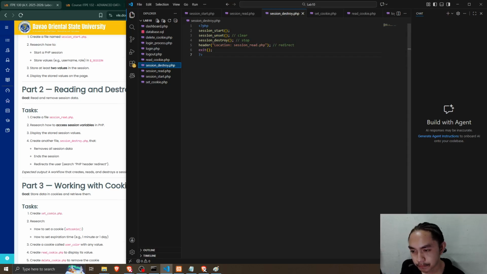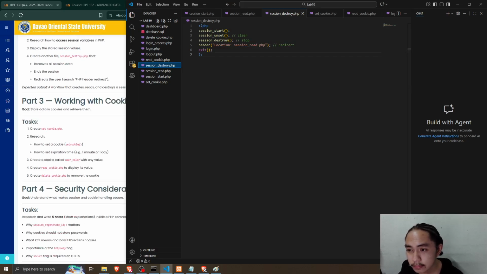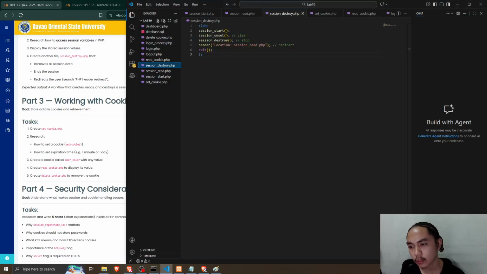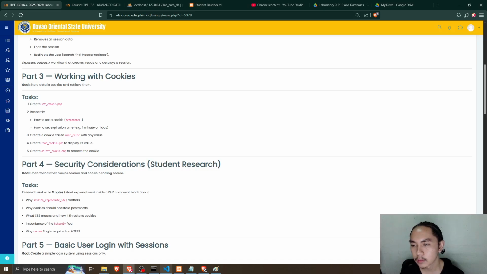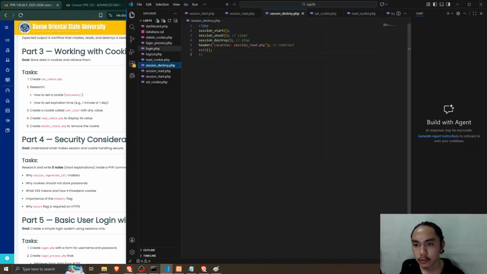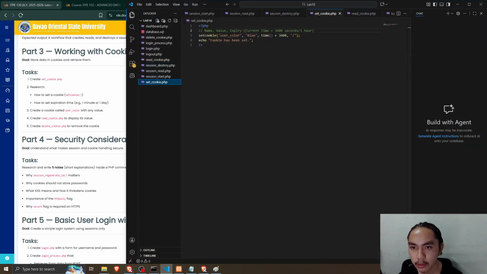And then part 3, which is working with cookies. Create cookie.php, setting a cookie. So we have a set cookie here. We have set it to an hour, so that will be equivalent to 3600 seconds.